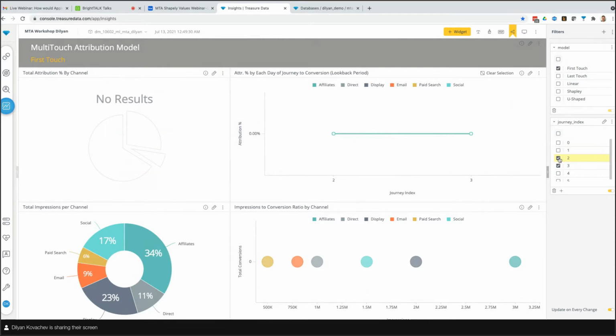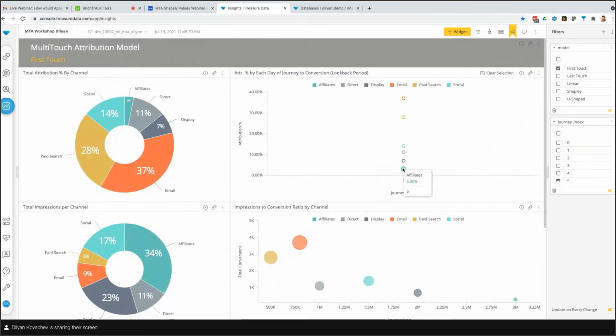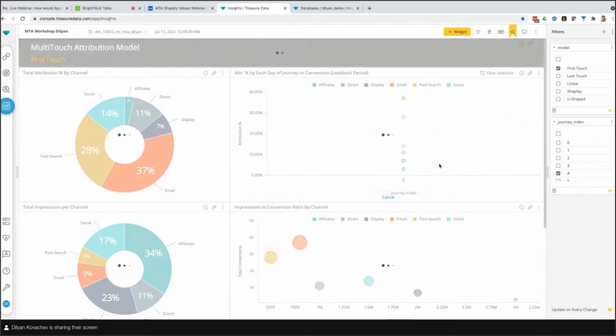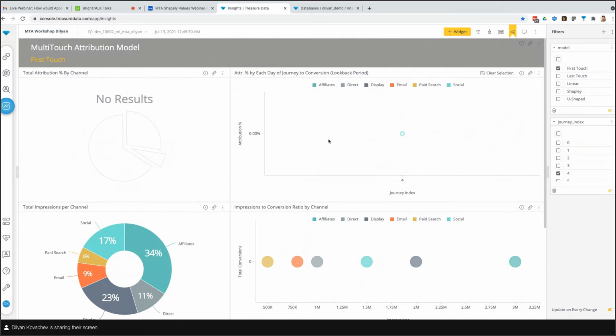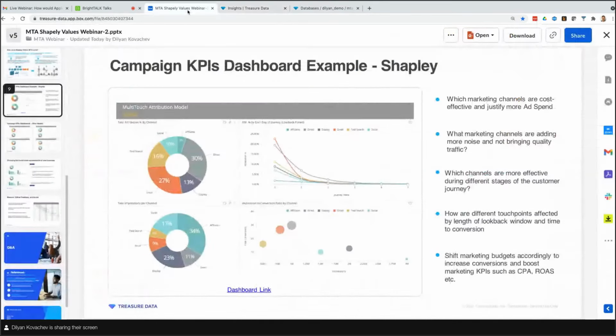For first touch, you will only see credit if I select the first touch point, and that's where all the credit happens. After that, you don't really know what the effect of this channel is in the journey. So this is the kind of cool insight you get from a machine learning driven, data driven model. So let's go back to the deck.